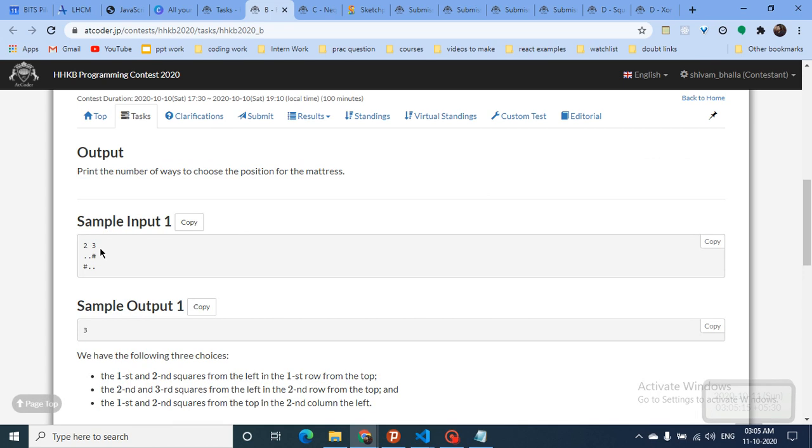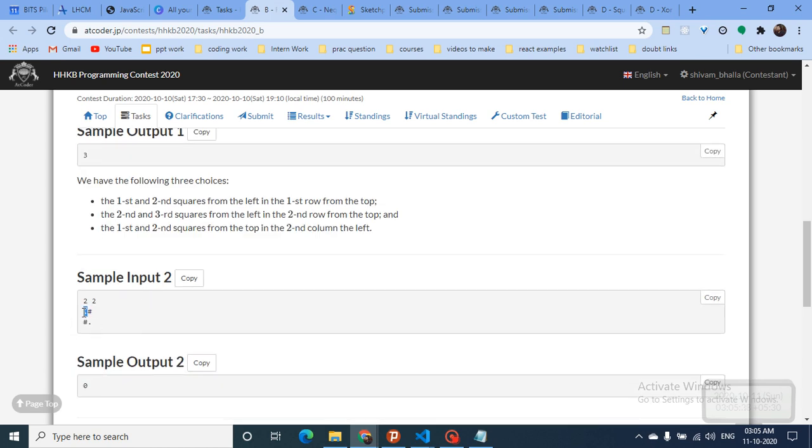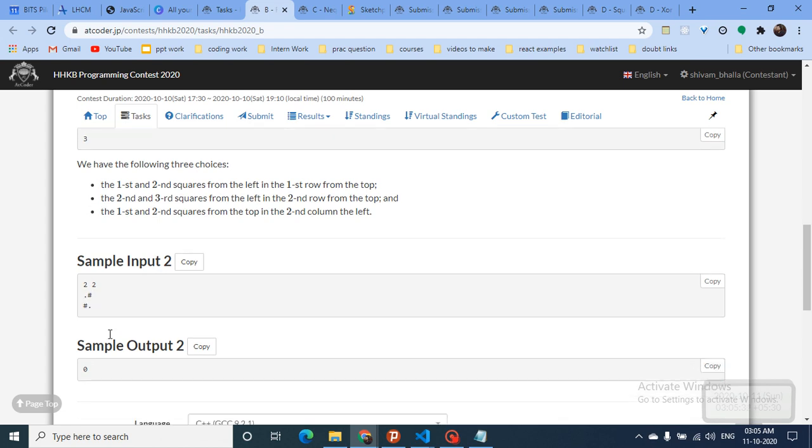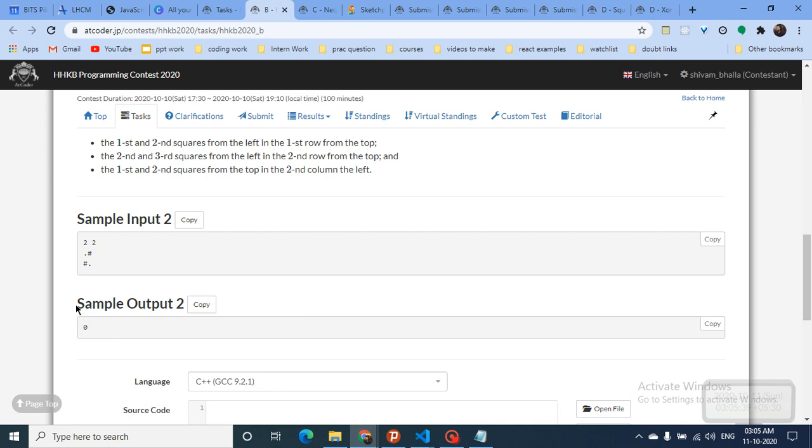What does this mean? It can be like this, as you can see, two horizontal tidy squares. It can also be like this, or like these two squares. So the number of carpets I have to lay down is 3. And in another grid there is no way to lay a carpet because there are no two adjacent tidy blocks, so the answer for this is 0. So you have to find out how many carpets you have to lay.